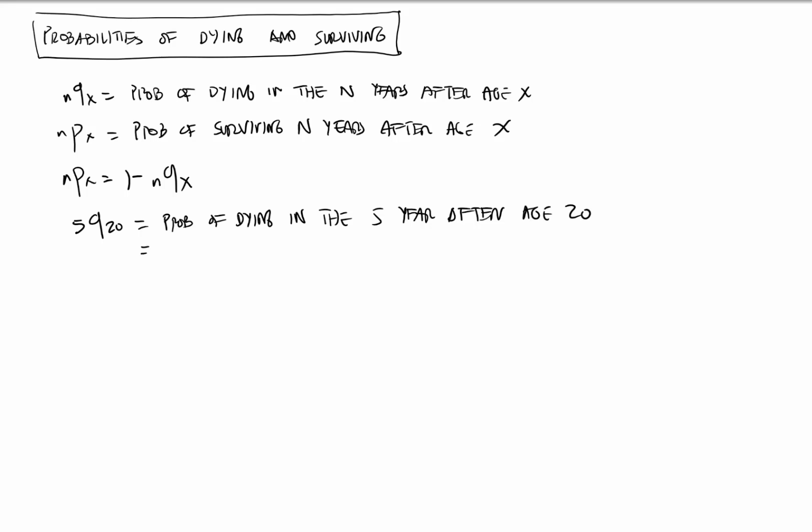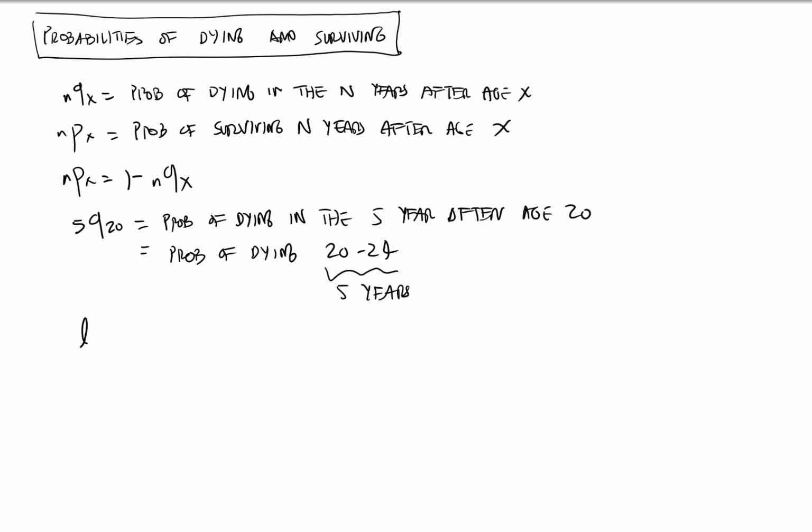So that is the probability of dying in the age interval 20 to 24, because this age interval is 5 years long. It goes from age 20 up to the end of age 24, so 24 and 364 days. Now, let's notice that if we have